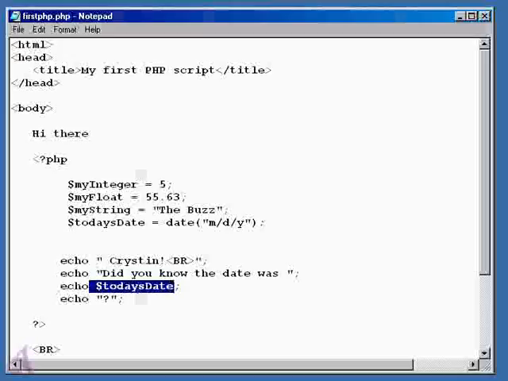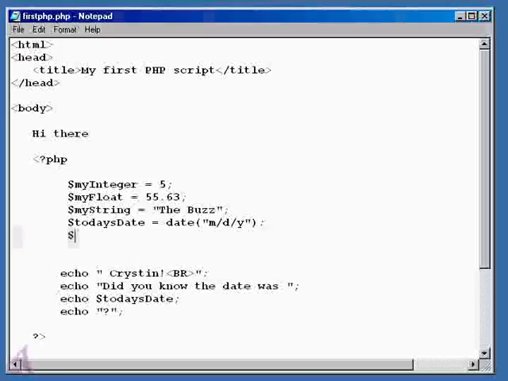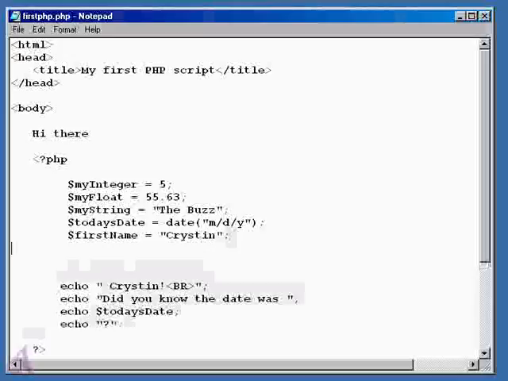Yeah. So you can see right here how I can actually print or echo information back out. I can do the same up here. Let's say I want to, let's do $firstname equals Kristen. And let's go ahead and do $lastname equals,